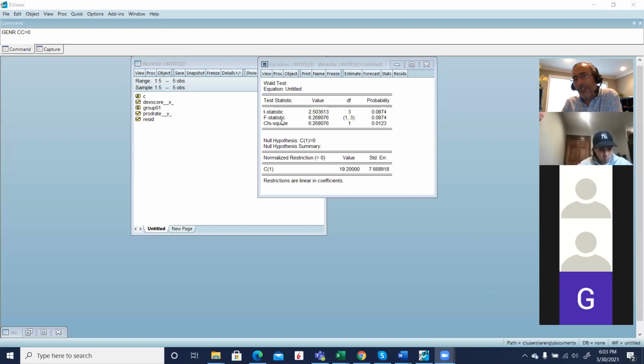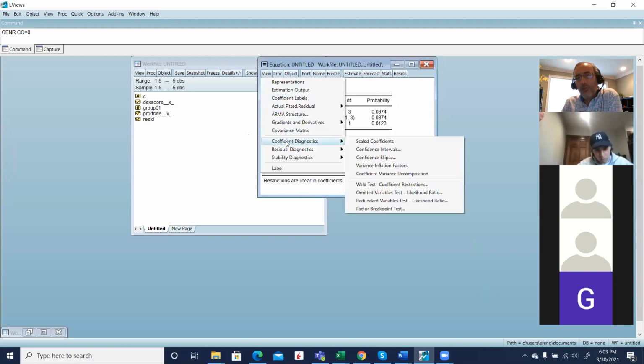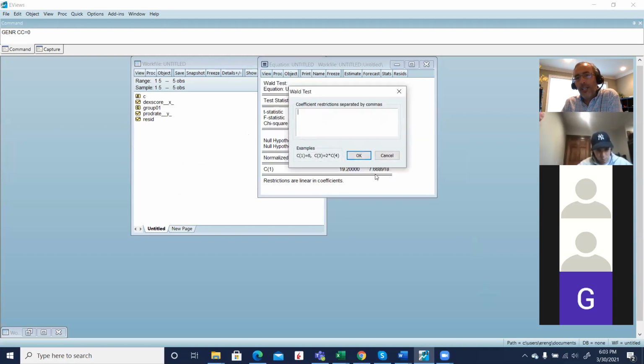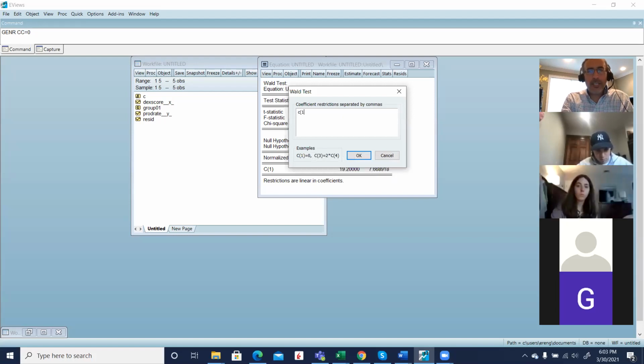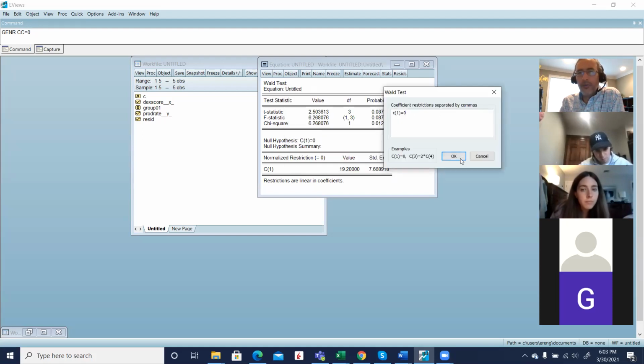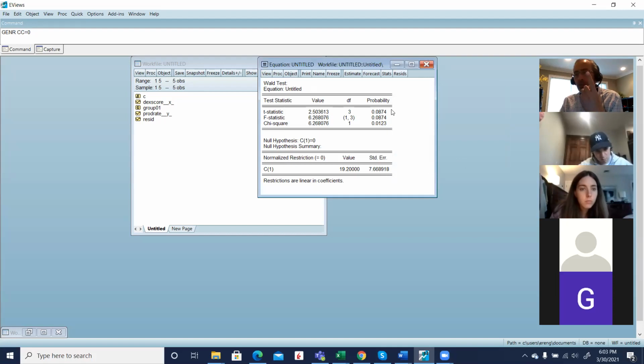So let me repeat this part here. So what we have done is we have done coefficient diagnosis, we have done Wald test, and in Wald test, what we have done is I believe that my intercept equals 0. So this is my restriction. So I have only one restriction. All right, so m equals 1. If you see the equation here, guys, oh, well, I don't have the equation here, but my equation is a simple regression, constant, and x, right? So k is 2. Remember the F statistic is F with m, n minus k. So m is 1 restriction, n is 5, k is 2, so 3. So this is an F with 1 and 3, and the p-value equals